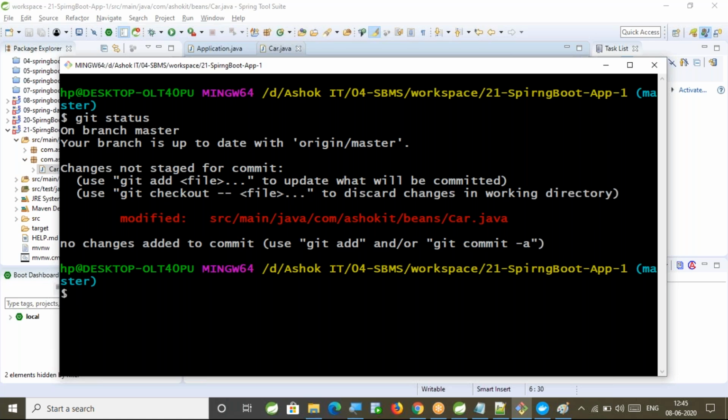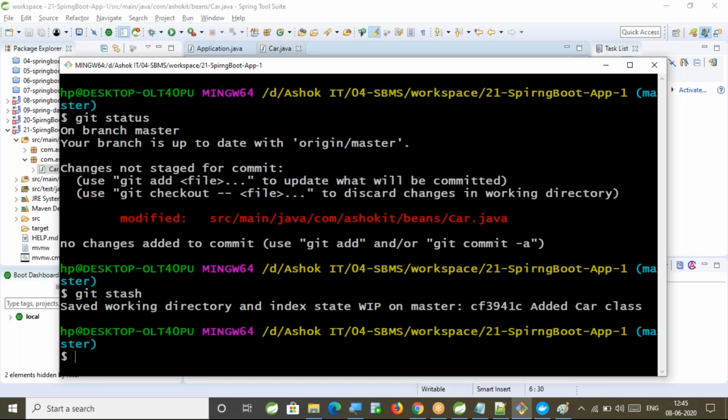Then what I will do, I will execute git stash. Observe carefully. When I execute status before stash, it shows the changes. Git stash saved the working directory on master and made the working tree clean.